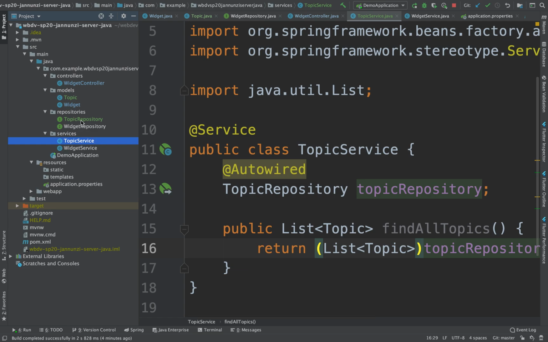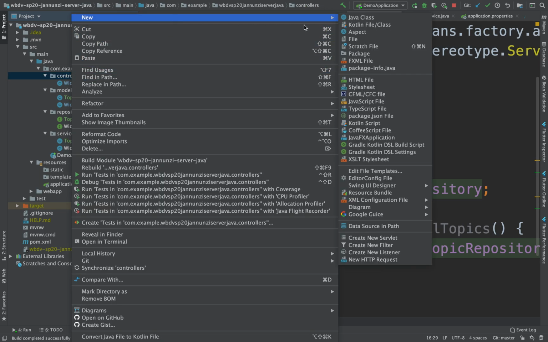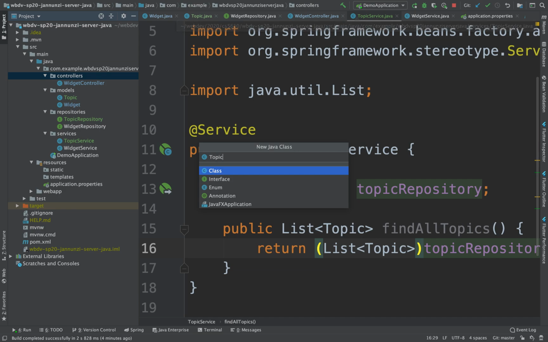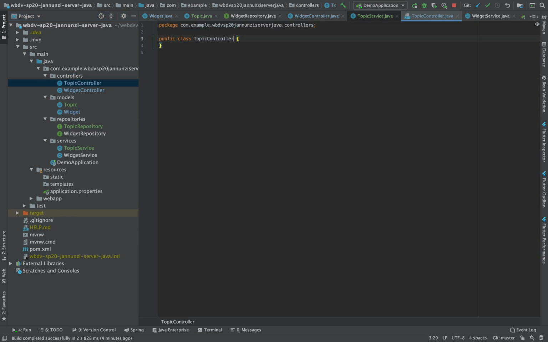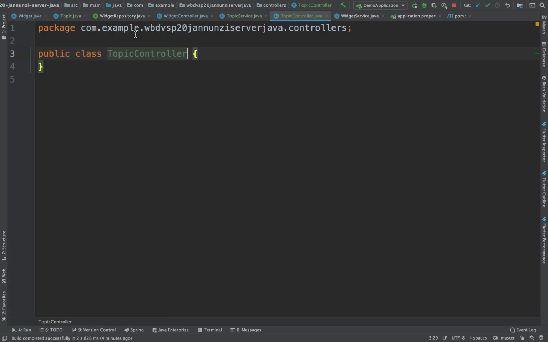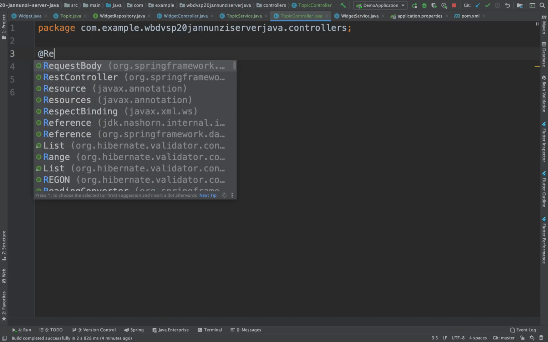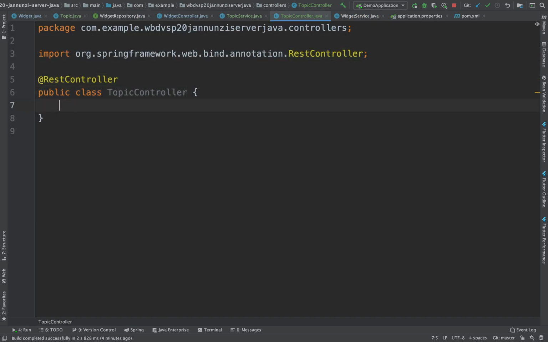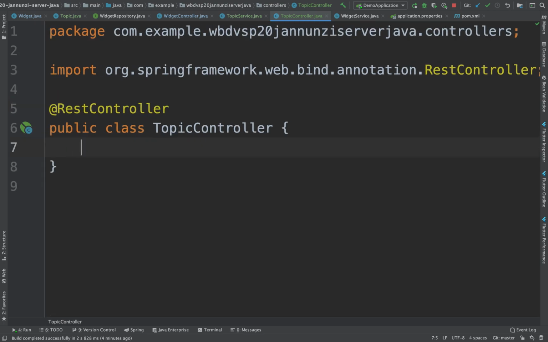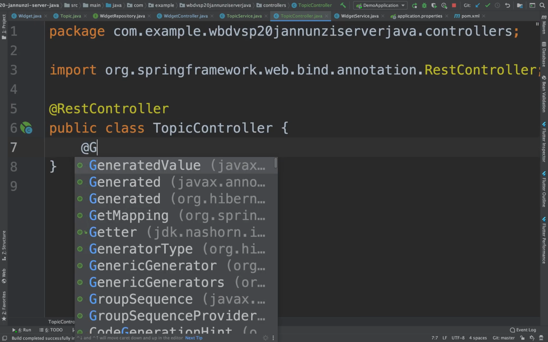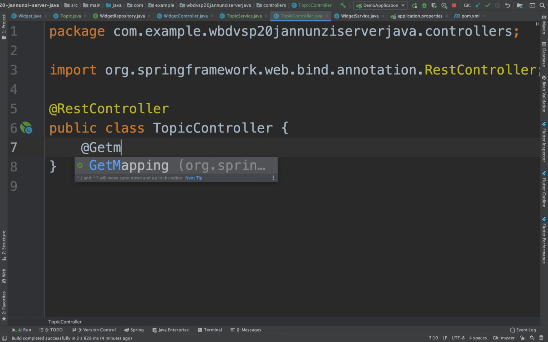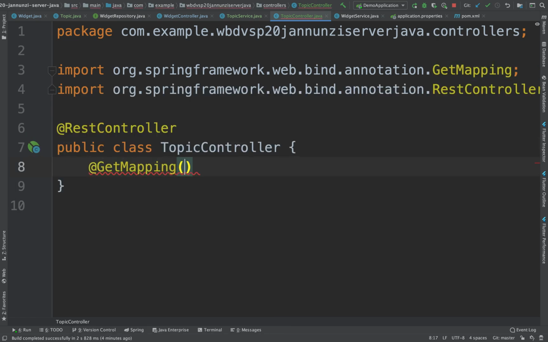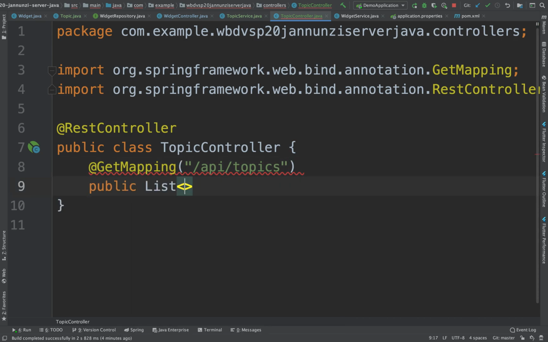Once we have that, we can use a controller to expose this little data model to a URL. So let's create a controller for this. Let's say new Java class. So this will be a TopicController, and in this REST controller, we want to be able to expose to a URL. Expose this GetMapping. We'll expose it maybe to /api/topics. Right, that's going to retrieve all the topics